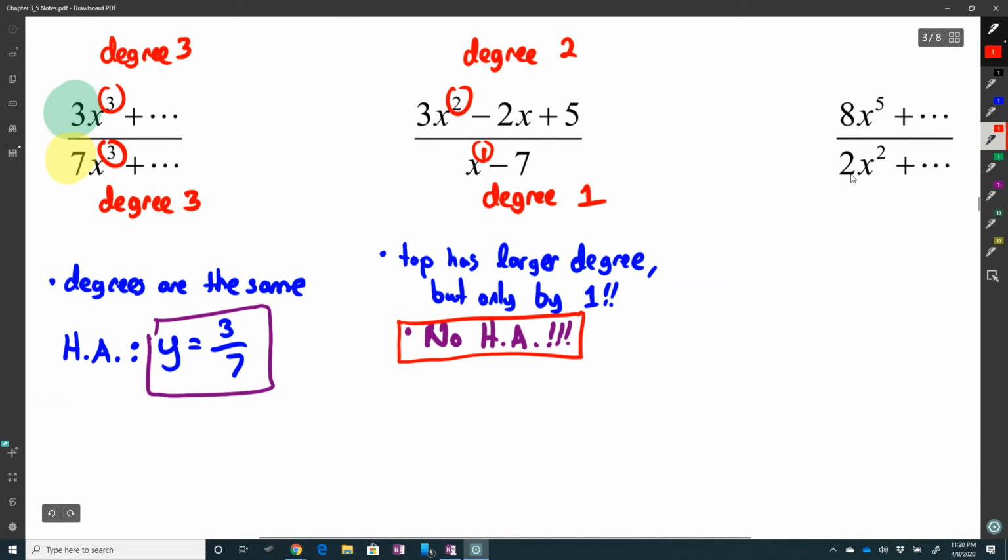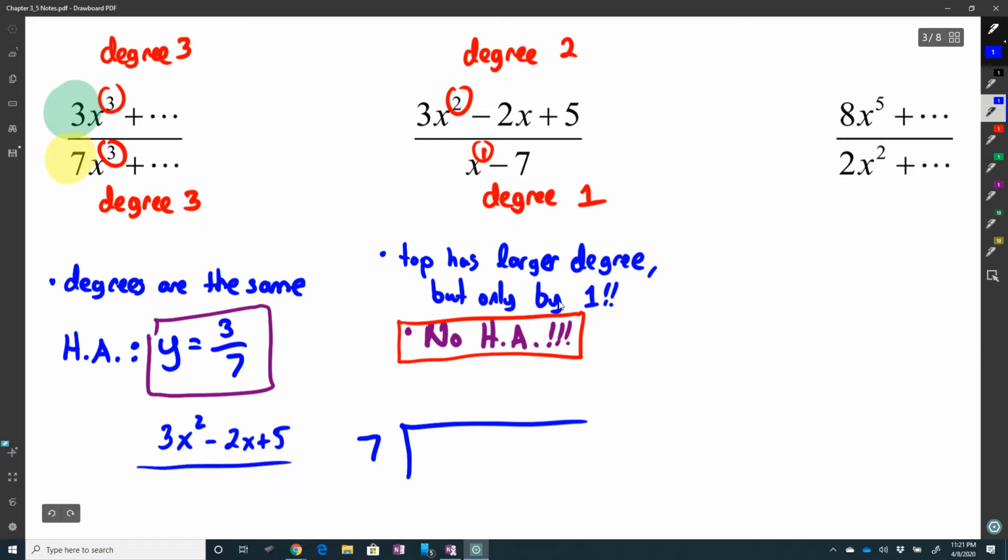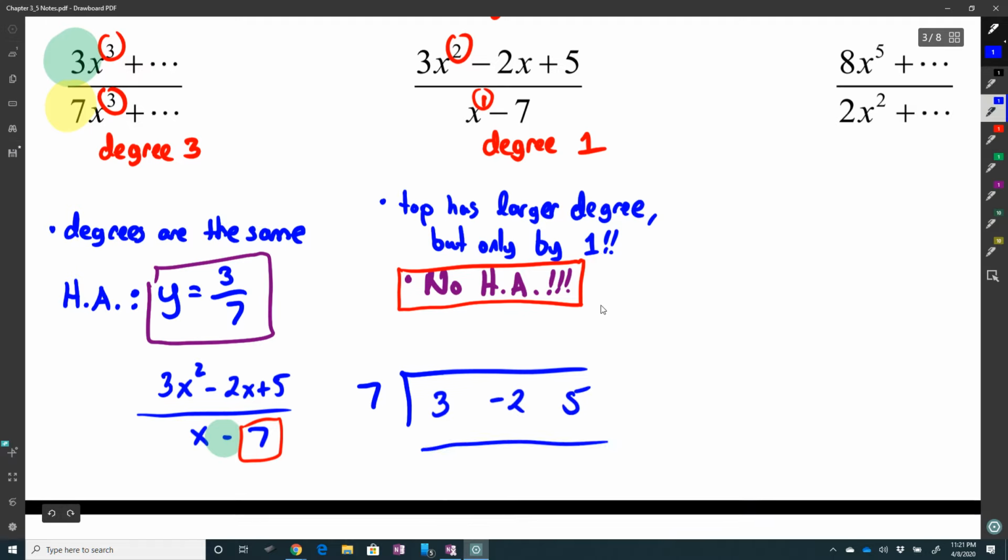But since it's only 1 more larger, we can actually do synthetic division. So in this case, this would be 7. Remember that since the denominator is x minus 7, or I'll write it out, 3x squared minus 2x plus 5 over x minus 7. Remember that the minus has to be in the formula. It's the number next to the minus sign. That's the c. So we have 7, and then 3, negative 2, 5. So if I do synthetic division,